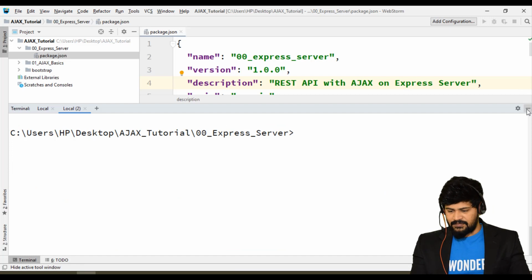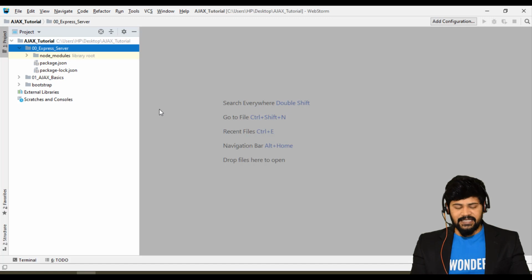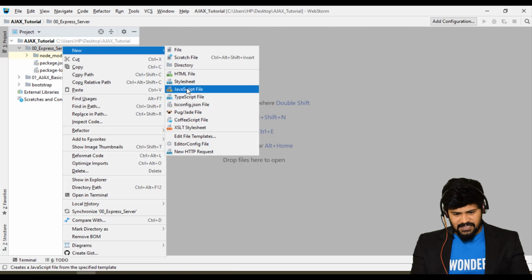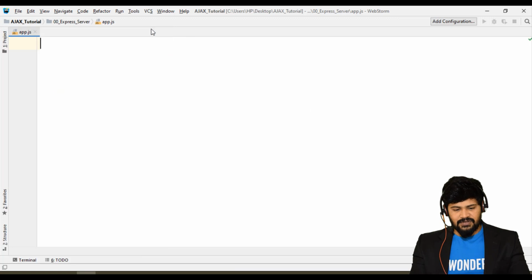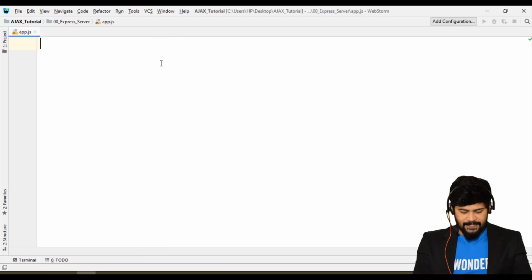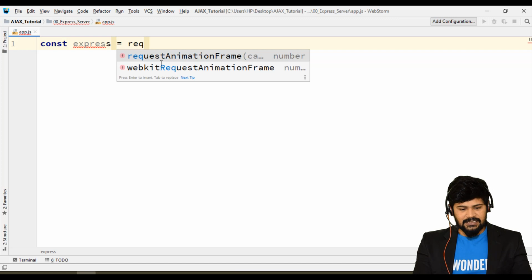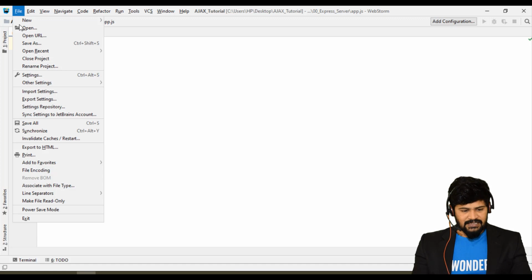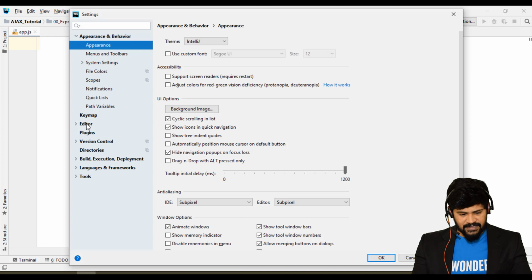Now we'll make a server-side app. The default main entry point for this is app.js. So I create a new JavaScript file, app.js. Here we're going to create a server. To create a server using Express.js, let's say const express is equal to require. Actually, Node.js support is not enabled automatically for my editor, so I'll just modify that if you're using WebStorm like this.